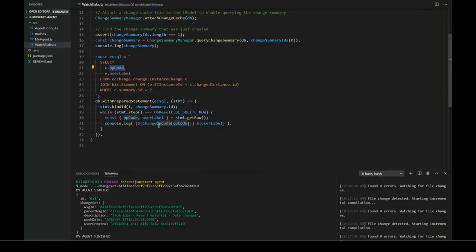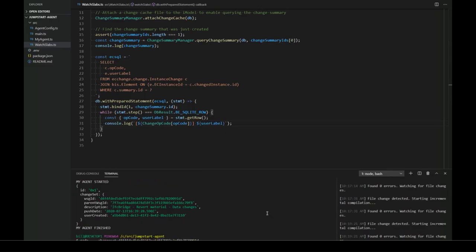I mentioned opcode is an enumeration. This is going to be a numeric value. One cool TypeScript trick you can do here is you can actually index into an enum name, and that will do a reverse lookup from value to enumerator name. And that's really handy for debugging or kind of local development where you don't want to sit and write a whole switch statement. So if we save this and run it with that relevant change set,